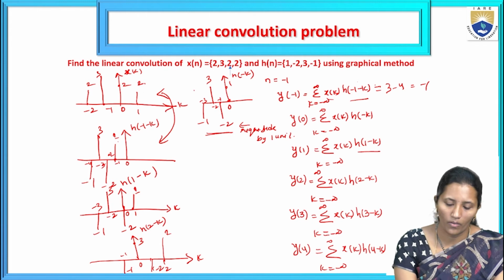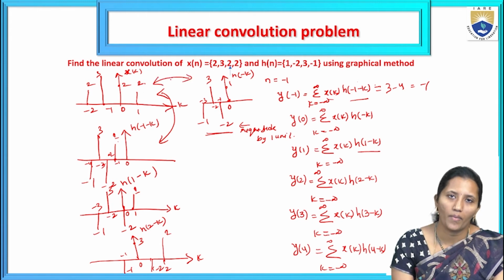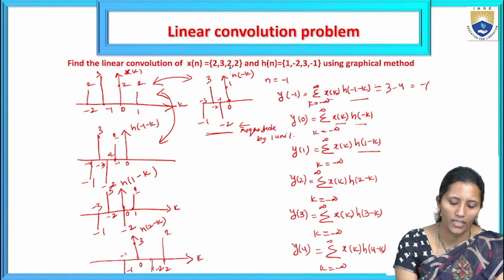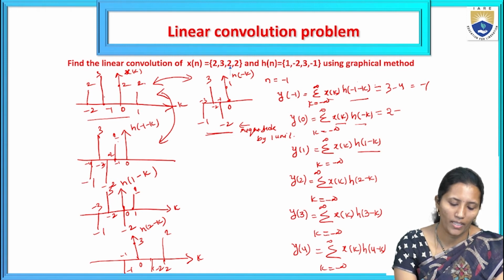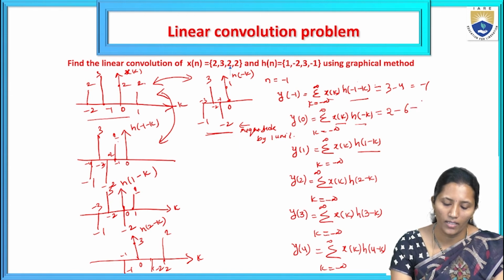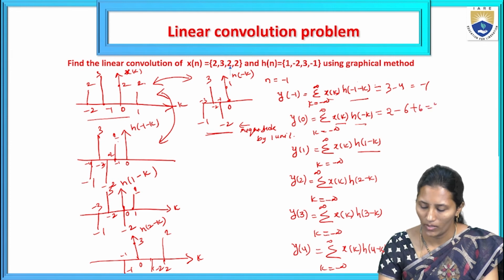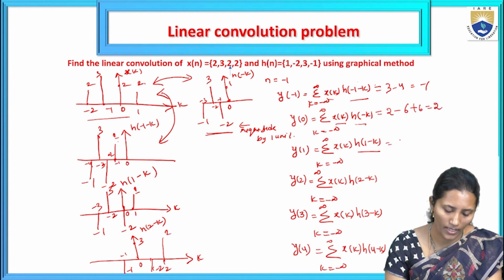For y of 0 we have to multiply x of k with h of minus k, and the corresponding products will be added here. So x of k and h of minus k, the common values are here. For 0 sample it is 1, for minus 1 sample it is minus 2 and for minus 2 sample it is 3. So these 3 we have common values here. So 0 sample 0 into 2, 2, and for minus 1 sample it is 3 into minus 2, minus 6, and for minus 2 sample 2 into minus 2 minus, plus 6, here we will get 2, and like that we have to multiply each and every